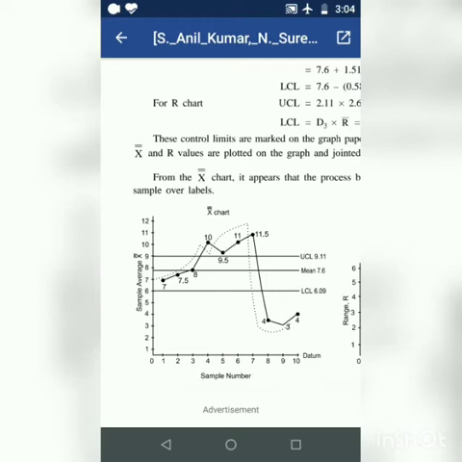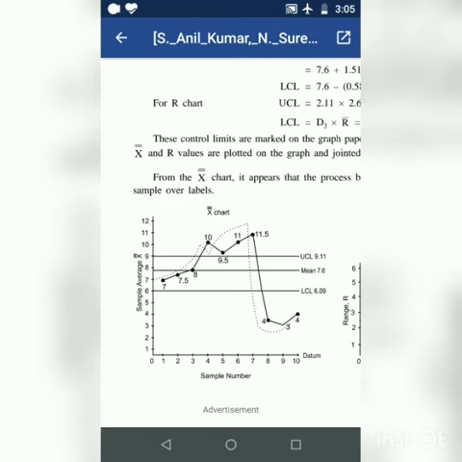You will see that the LCL is marked at 6.09. We will draw a line parallel to the x-axis, and the mean is 7.6, which is called the mean value or the standard value for a process, and the UCL is marked at 9.11, and a parallel line is drawn